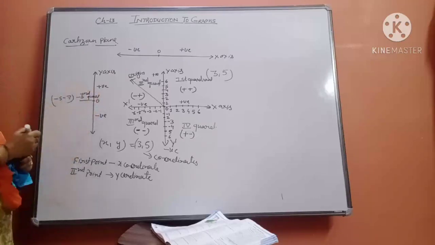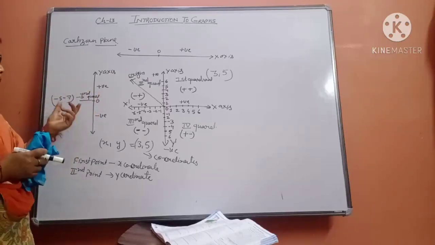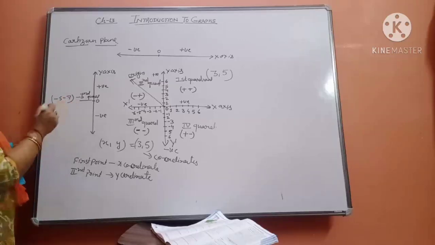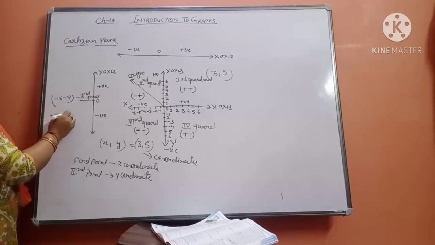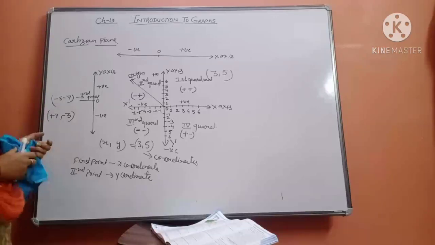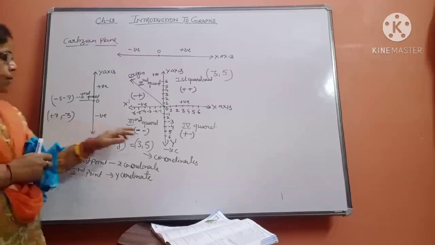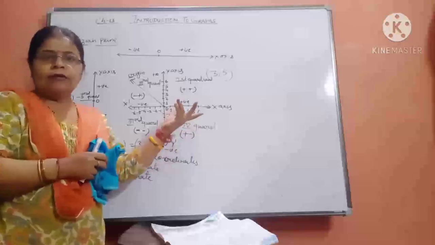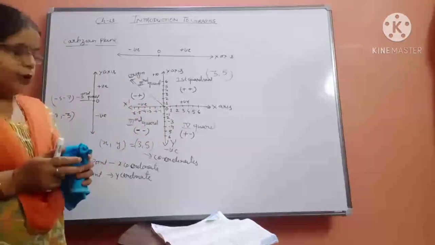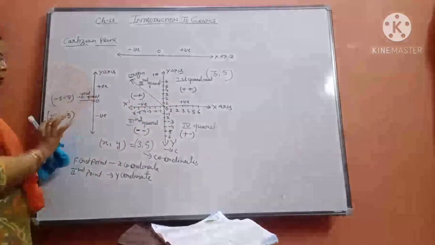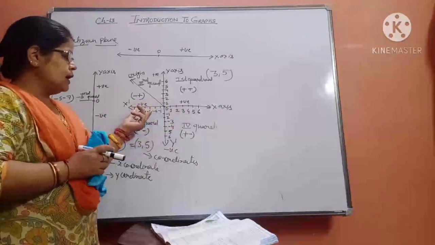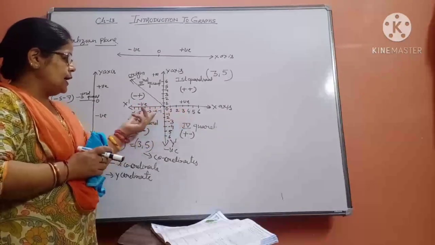The question will come like that. Okay, so it is in the third quadrant. If I give you one coordinate like (7, -3), in which quadrant will it lie? Now see that beta, first is plus and second is minus, and plus and minus comes in which quadrant? In the fourth quadrant. So in this way beta we will solve the problems. Okay, now up to here maybe everybody of you has understood what we have learned, that x values are positive on the right side and negative on the left.